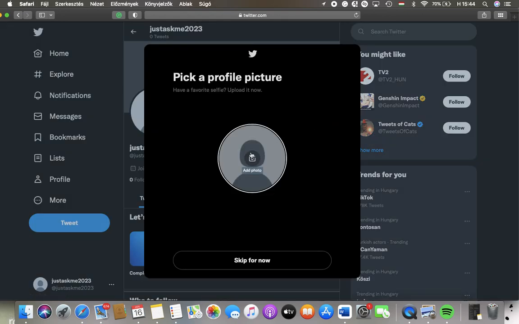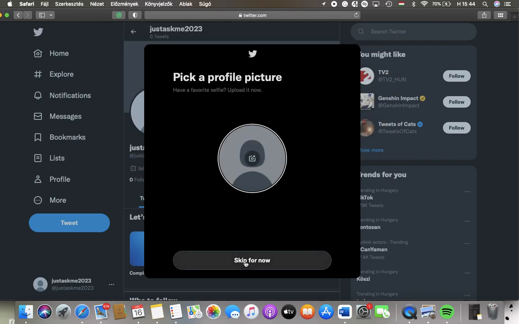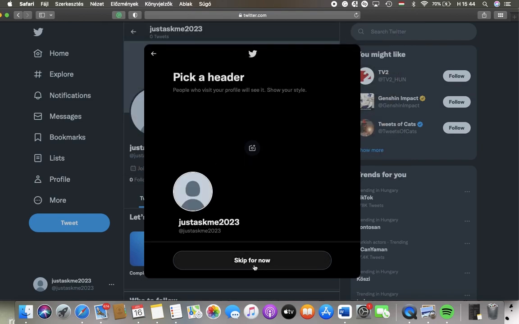After that, you should select a profile picture if you want to by tapping on this Add Photo button in the top, and then you should select a picture you would like to upload. Then tap on this button down below, or if you don't want to click on the same button, skip for